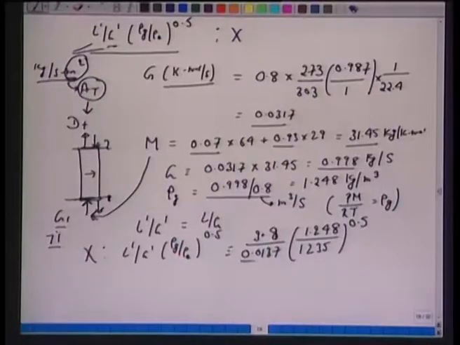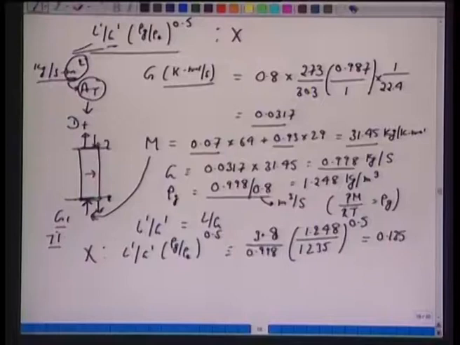Okay, and this is what we just now calculated for G: 0.0137. So, this is 31.45 times 0.0317, that is in kilomole per second. Okay, so we need to replace this with 3.8 divided by 0.998. So we have these corrections here: L prime 3.8 and 0.998, and if we do this, we have this quantity 0.125.